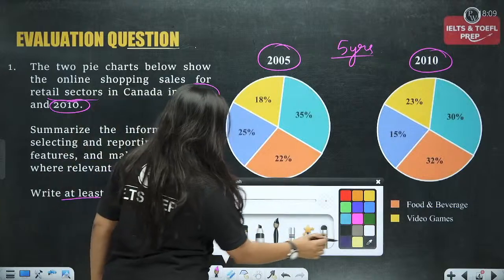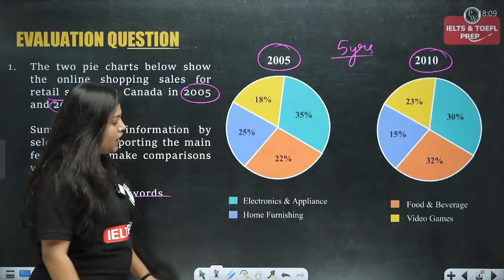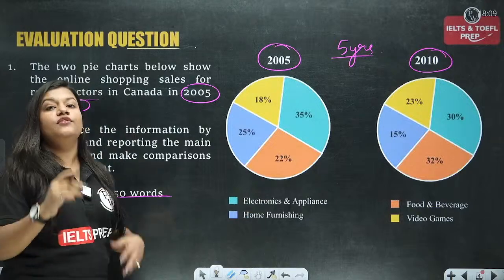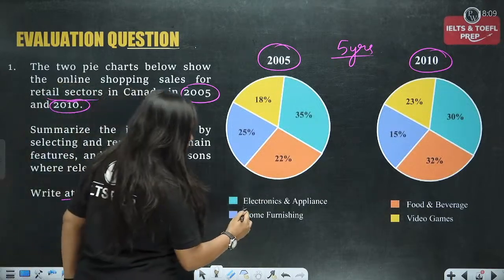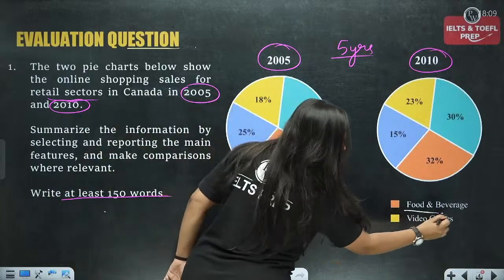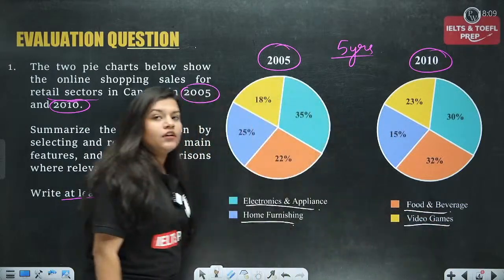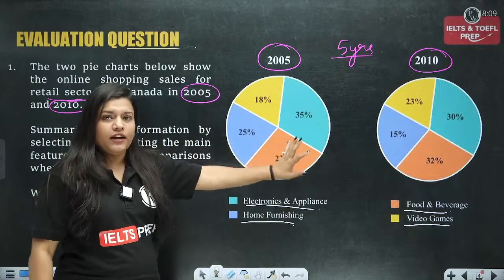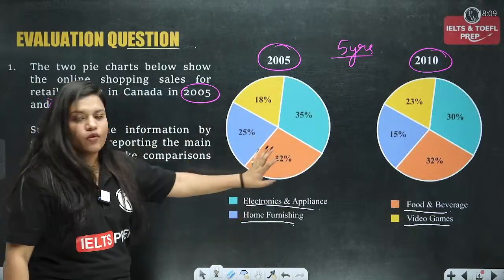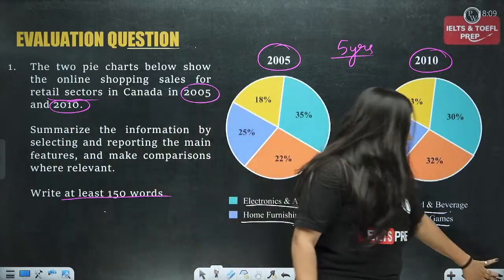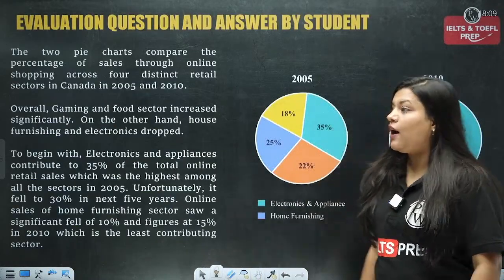Now, we have 4 sectors, 4 categories which we are going to deal with. We have electronics and appliances, home furnishings, food and beverage, video games, right? And the entire pie chart has captured some other percentage by some other categories, right? Now, let's understand what is the response of the student based on this and how we are going to